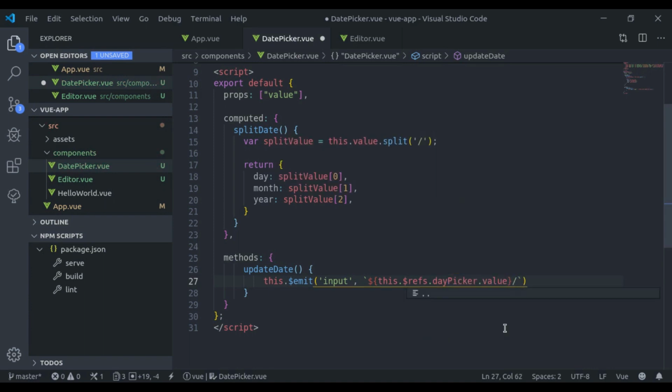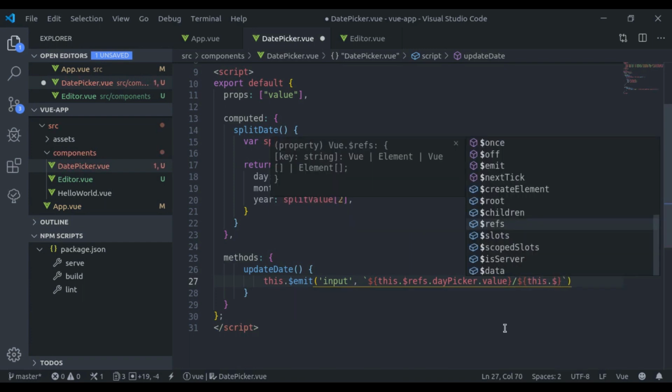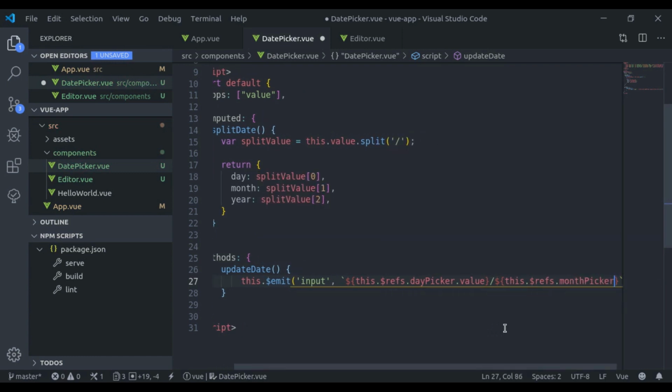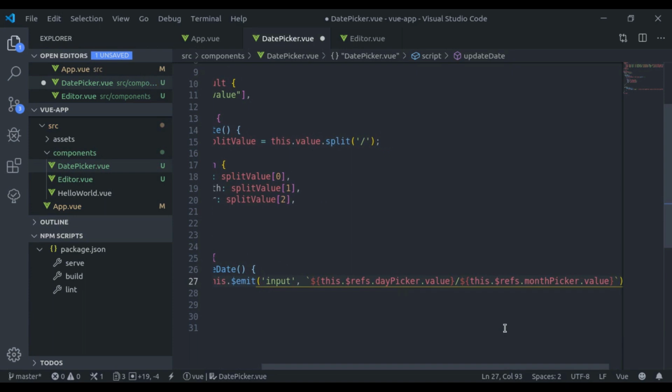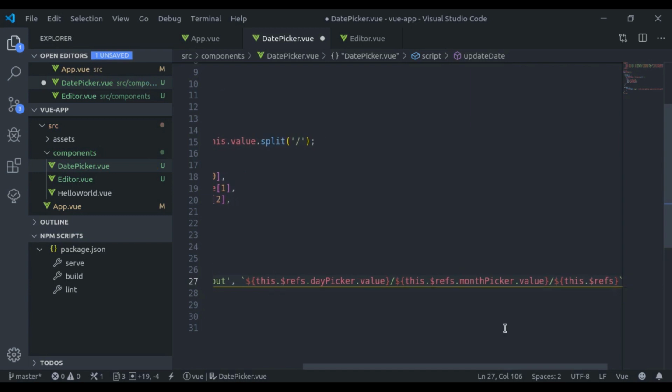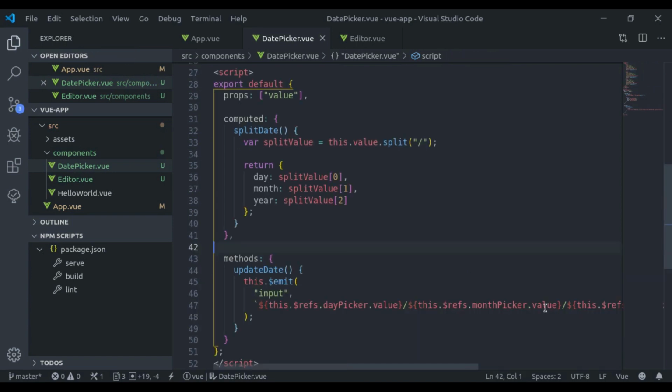Next slash, the separator, and dollar curly brackets this.$refs.monthPicker.value, and separator slash, dollar curly brackets this.$refs.yearPicker.value. This is all done.